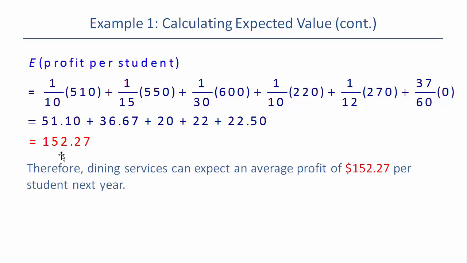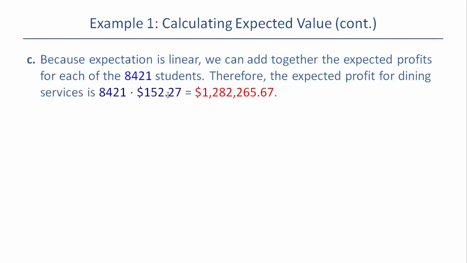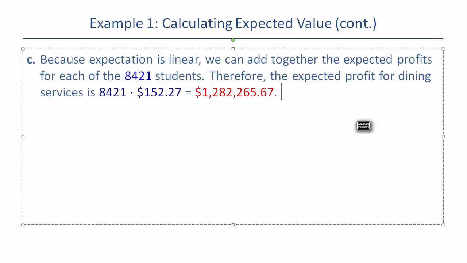Remember, that's per student, not just per student who buys a meal plan, but per every single student, because we're accounting for the 37 over 60, a little bit more than half of the students who don't buy any meal plan at all. So if we take that 152.27, multiply it by the number of projected students for the year, that says that the school, the dining services, can expect to make almost $1.3 million in profit for the year